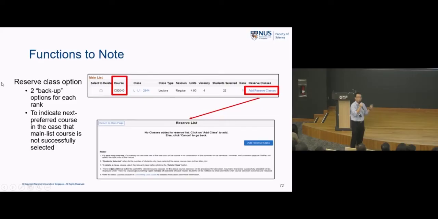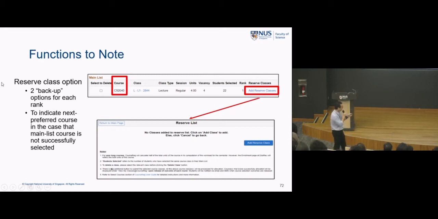Now, for each ranked choice, you are allowed to choose some reserve classes that tell the system, in the event that I'm not successful for this, what I'm also agreeable to take. So if I'm not successful in being allocated my first rank, what are some of the backups that please allocate to me?